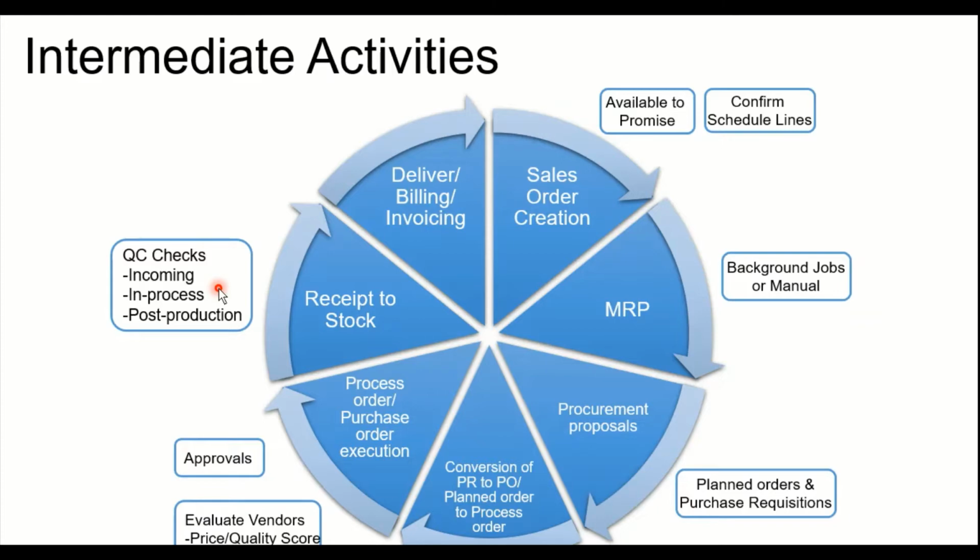And next we have the post production inspection, wherein once the production order has been completely manufactured and the goods receipt is done and the stock has been moved into the quarantine location, the post production inspection will trigger with the 04 inspection lots. So for the incoming inspection, we have the inspection type 01. For the in-process, we have the inspection type 03. And for post production, we have the inspection type 04.